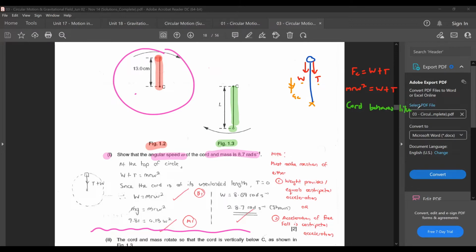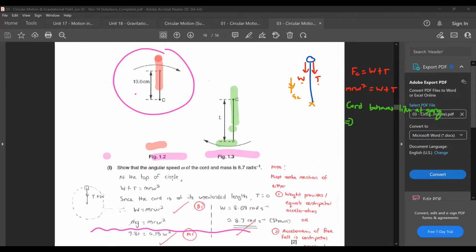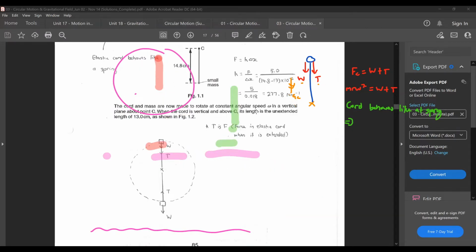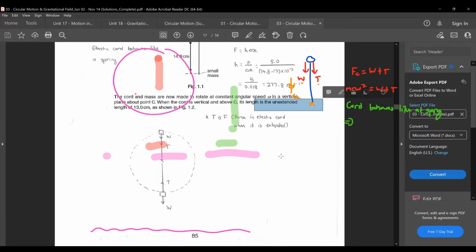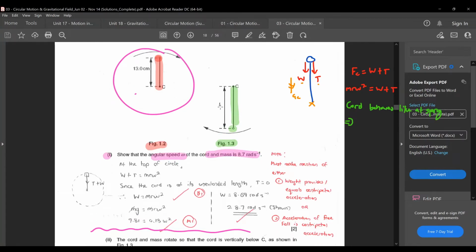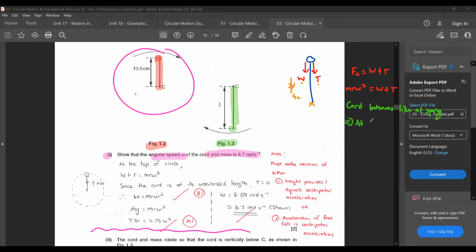From here, they told you that the length of your chord is the unextended length of 13 centimeter, and this will actually tell you that the tension is 0, because the chord behaves like a spring at the original unextended length,